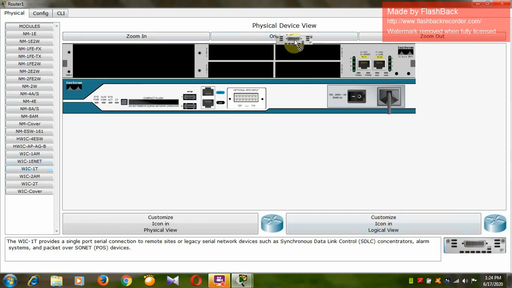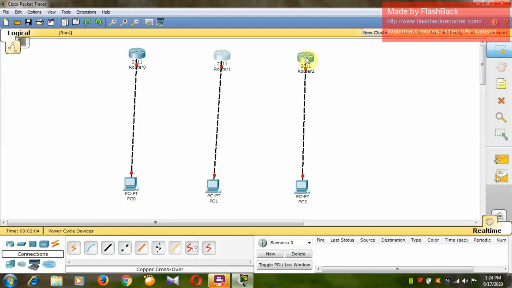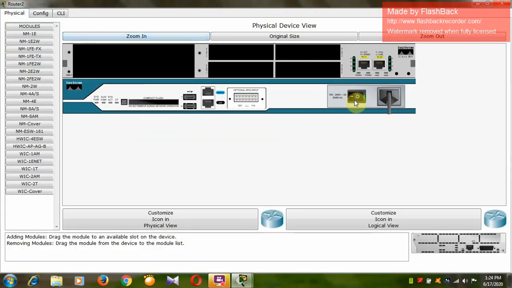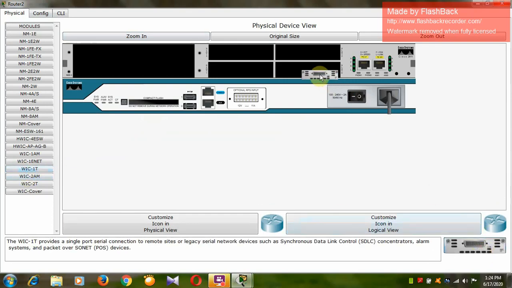So we have to select these two cards. Okay, again turn on this router. Similarly for this router, turn off this router, select this WIC1T card here and drag and drop. Again turn on this router.